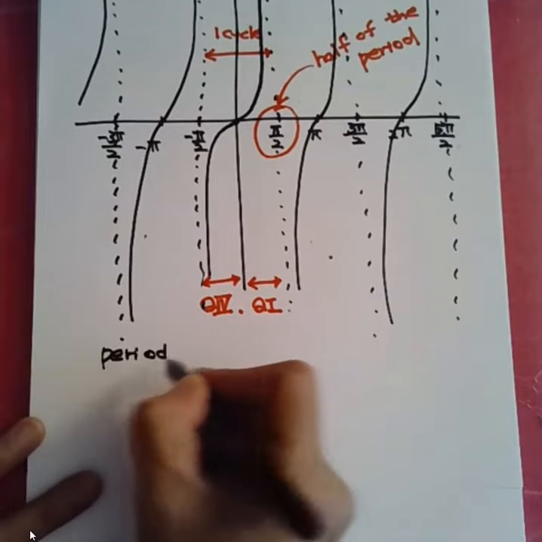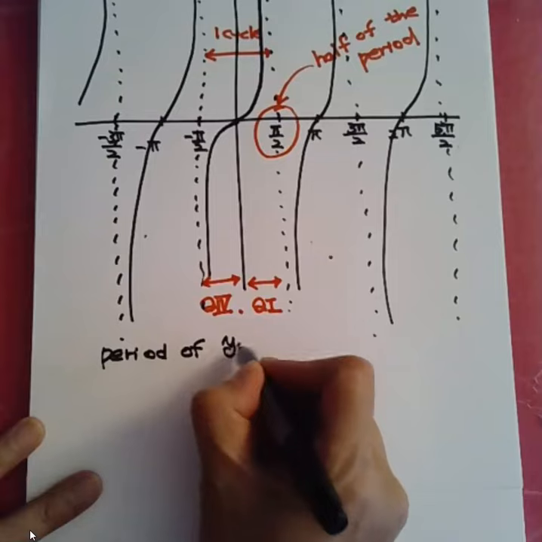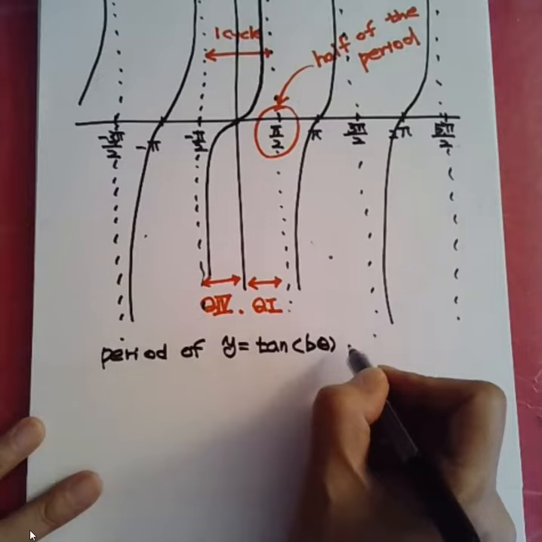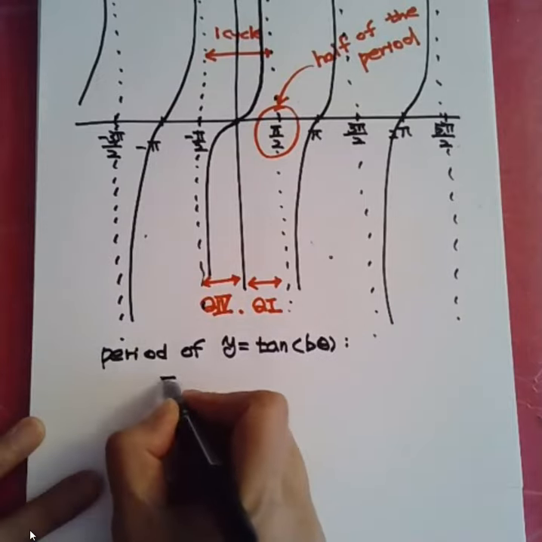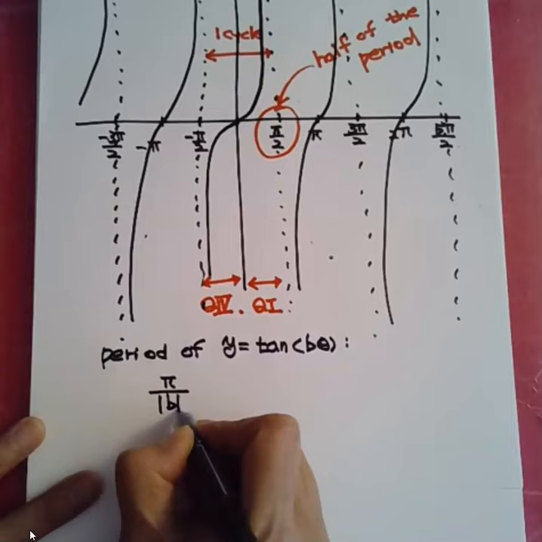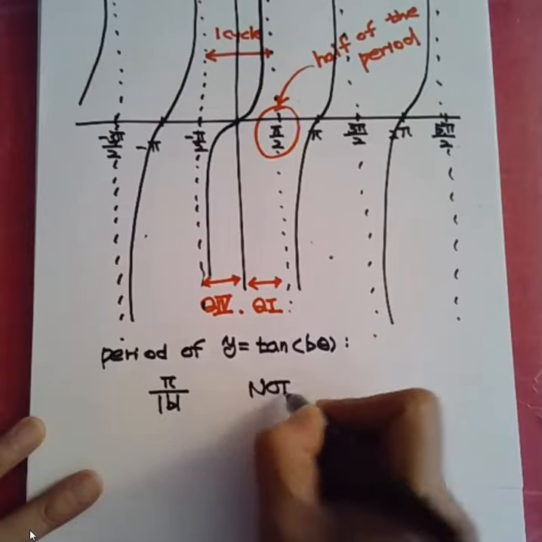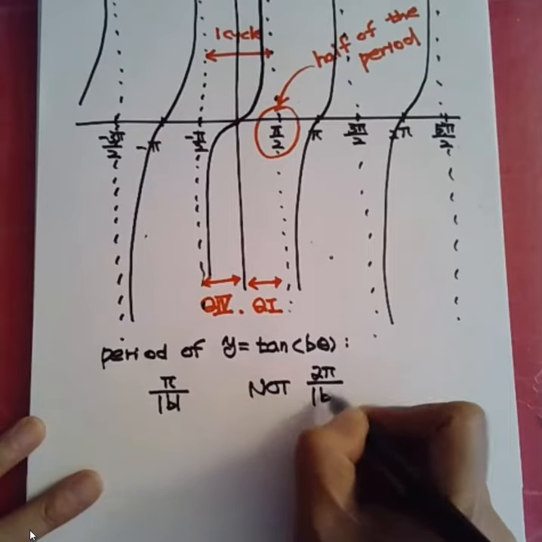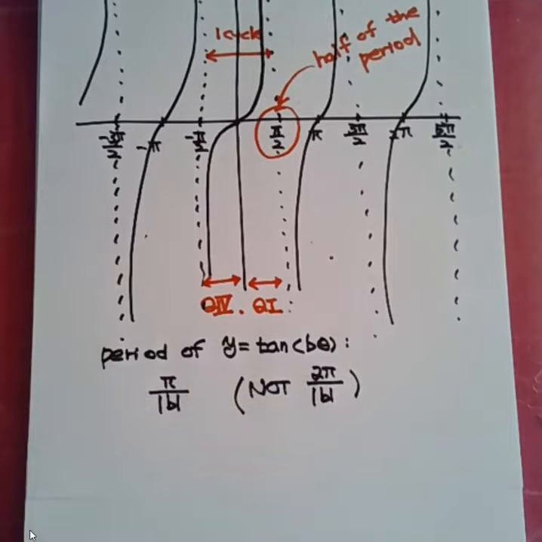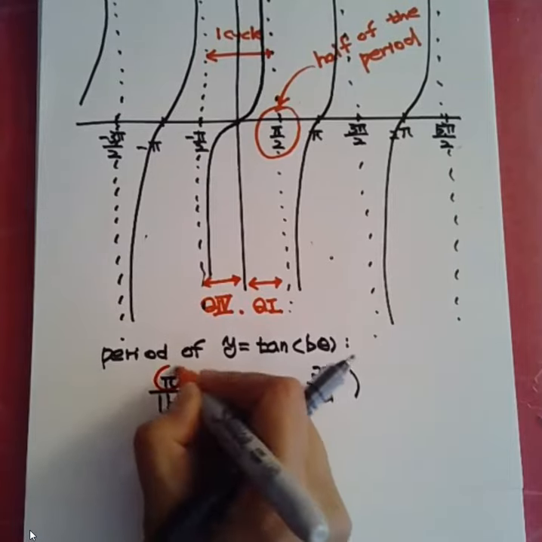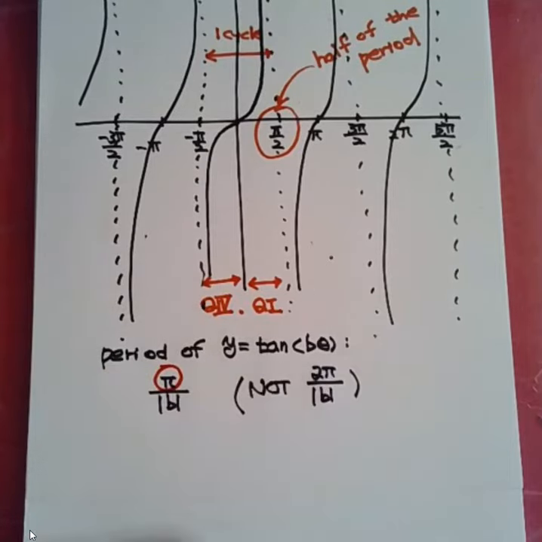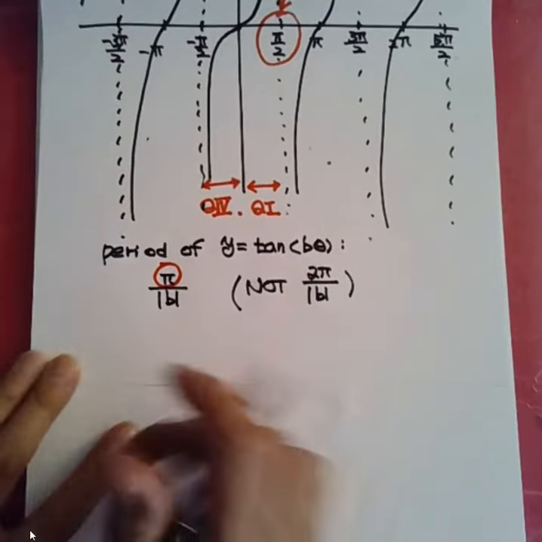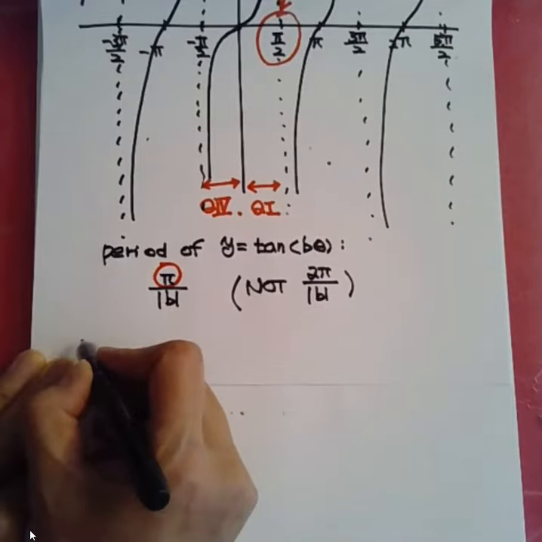Let's generalize the formula. Period of y equals tangent of b theta. This time, that becomes pi over absolute value of b. What is important to remember is that is not 2 pi over absolute value of b. If the period became pi over absolute value of b, then the first